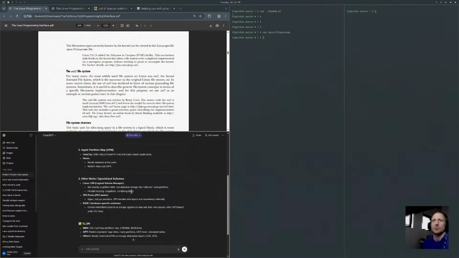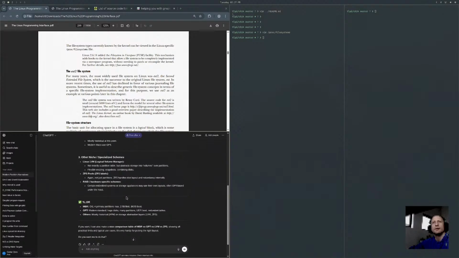Flexible resizing, snapshots, combining disks. ZFS pools, again, not just partitions. ZFS handles disk layout internally, RAID.